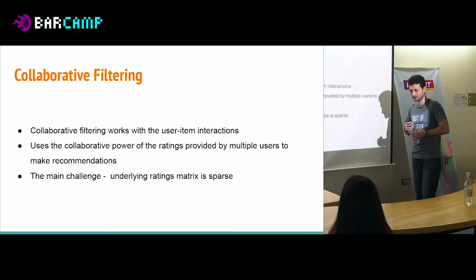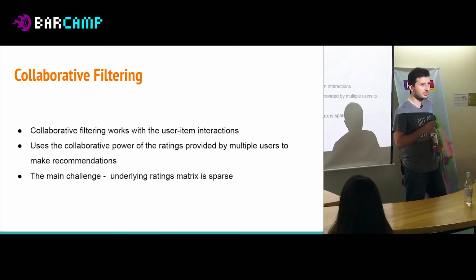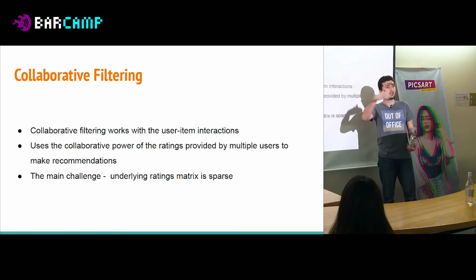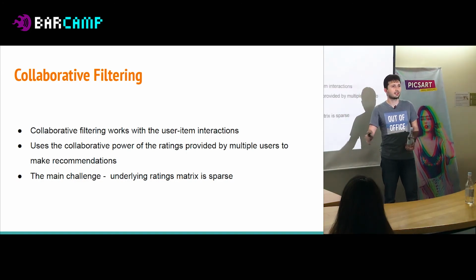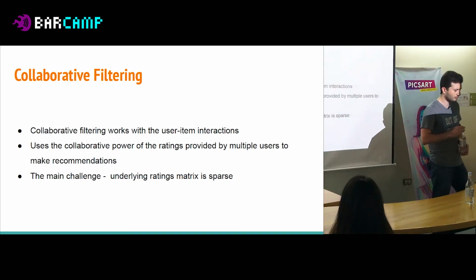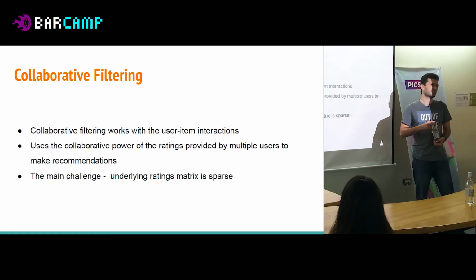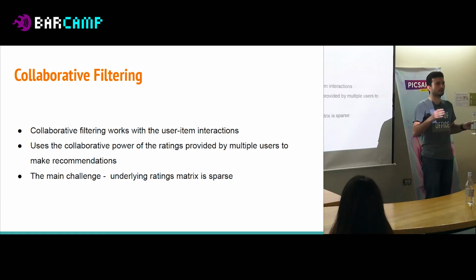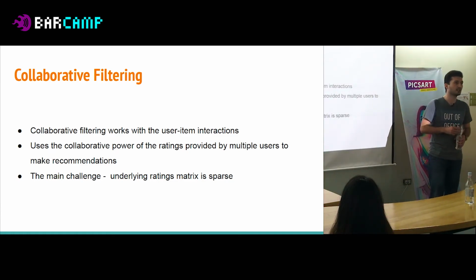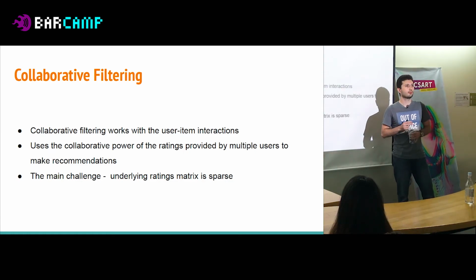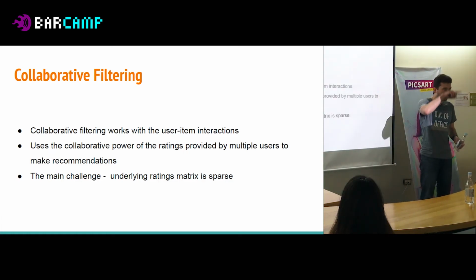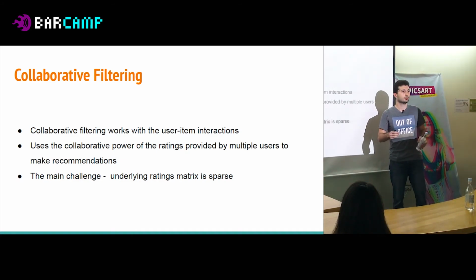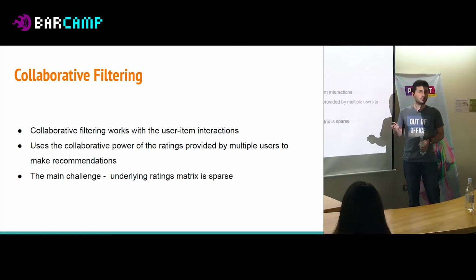The main challenge here is that usually the user-item interaction matrix, or like a table where you have for every user, every item the user has interacted. Let's stick for this presentation with the movie example. It's just easier to explain. There are maybe 30, maybe 40,000 of movies, and every single one of you have watched a tiny portion of them. So if we make this matrix or table, it's going to be sparse. The majority of entries are going to be empty. So this constitutes a problem.